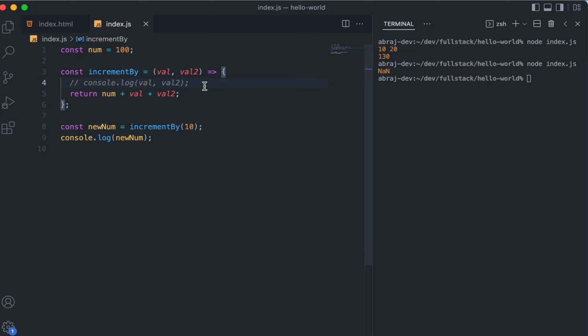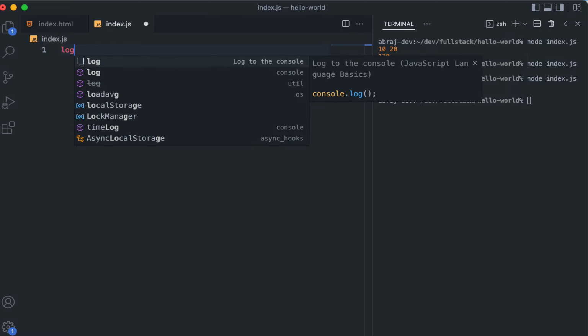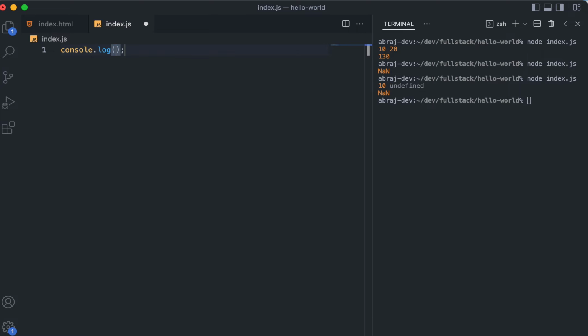Why? Because val2 was undefined, and now in this expression what are we doing? We are doing 100 plus 10 plus undefined. So 100 plus 10 was 110, but ultimately we added it to undefined. Undefined, if we add it to a number, then that is not a number. Okay, and that's why NaN came. Just one trivia: any number plus undefined